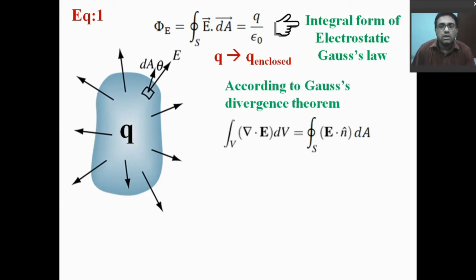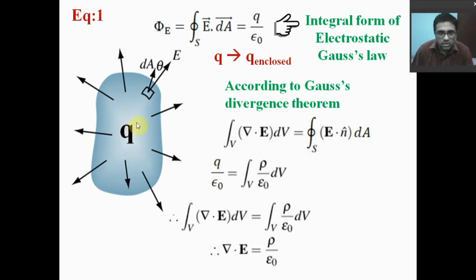Now if we use Gauss's divergence theorem, that is the divergence of the electric field over the volume enclosed by this closed surface, right? That will be the total electric flux, right? This is Gauss's divergence theorem. Now if we use this, and consider a charge distribution where rho is the volume charge density, then we can write this, right? So using this and this equation, and also this one, we can write this form.